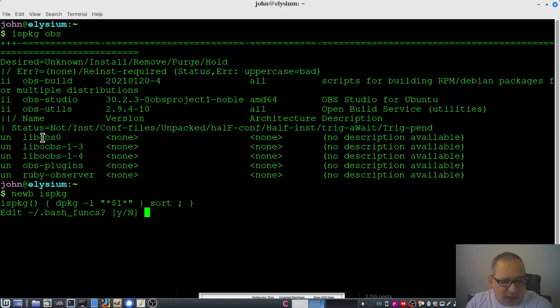And so in which case you see these showing up, and this one, because I used the asterisk, the wild card. I'm not going to go further than that. This isn't part of the general system. This is a little tool I made. And it says edit bash funcs, yes, no. If I say yes,